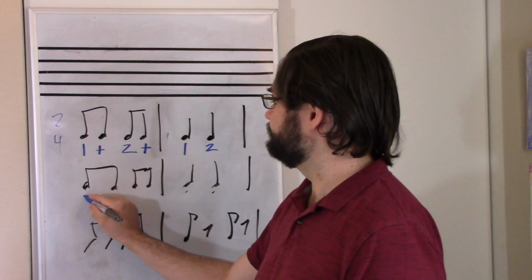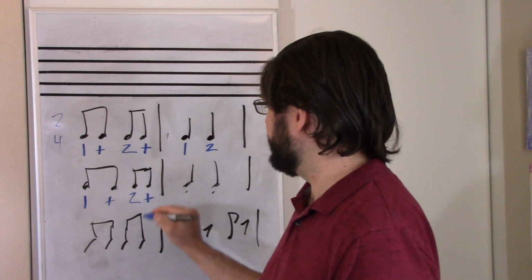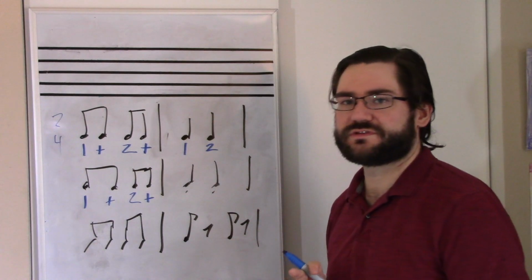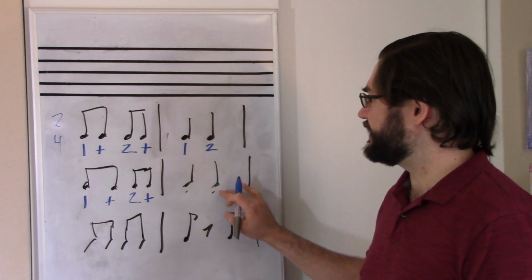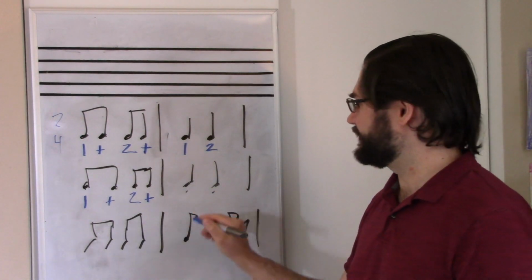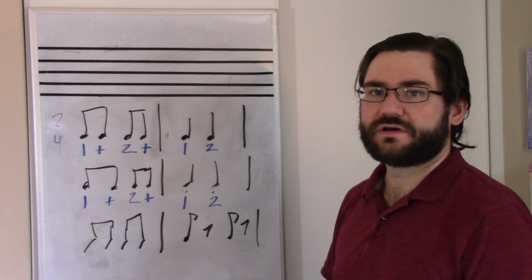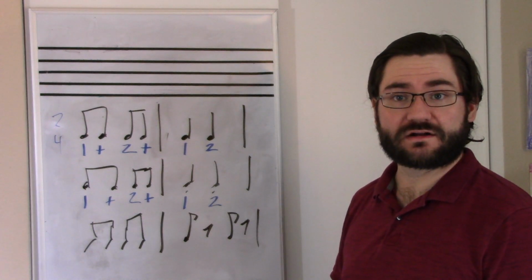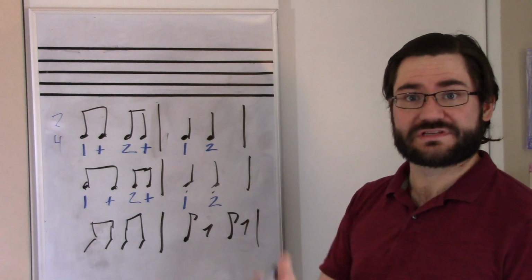What about here? Same thing as before, 1 and 2 and. Now we get the measure with the 2 staccato quarter notes. This is going to be counted the same exact way. 1, 2. But when we perform this on our instruments, or we sing or da, we are going to separate